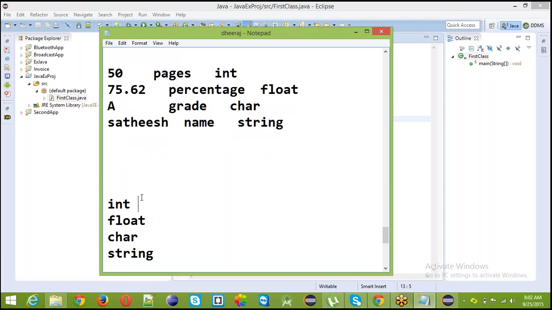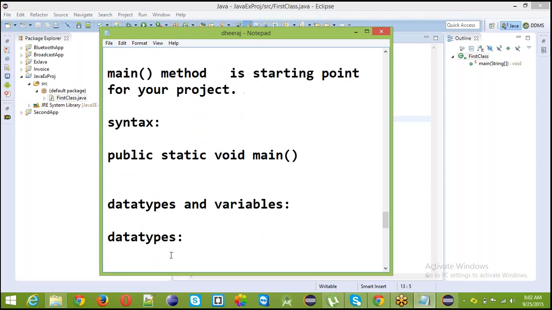So we have the data types. There are so many data types. We will discuss those data types in our classes, because this is only the basics I am telling you. So this will be very easy. Integer data type, float data type. Suppose I want to show the price of a color TV. Which data type can I use? I can use float. So this is a way of using data types.